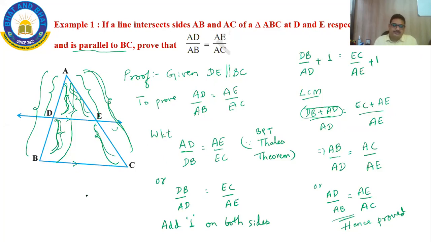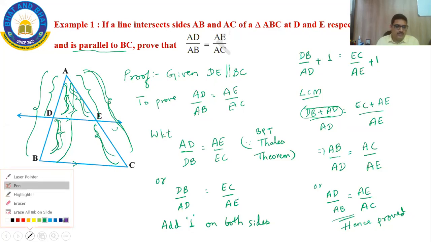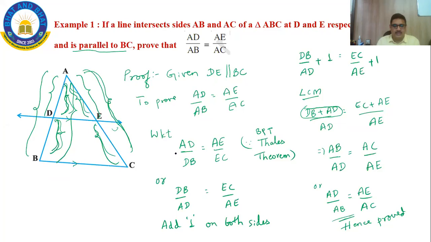Is that clear? And Siddhant, did you understand why we took reciprocation? Without reciprocal, this modification will not be possible. Yes, if you don't reciprocate, it won't work, Siddhant. It won't work for AD by DB, AD by AB is equal to AE by EC. See, students, I will show you without reciprocation. If you have not understood, I will show you without taking reciprocation, from this step itself.